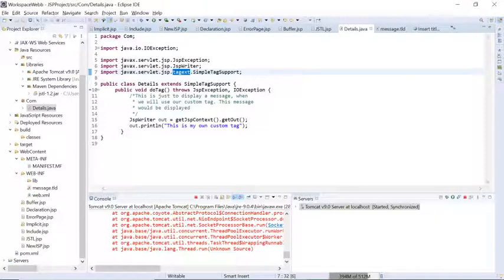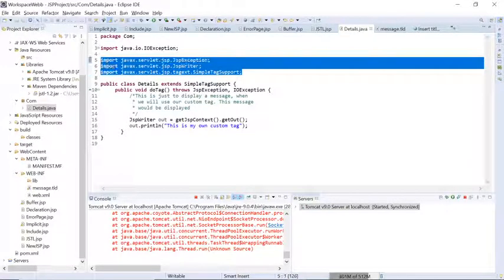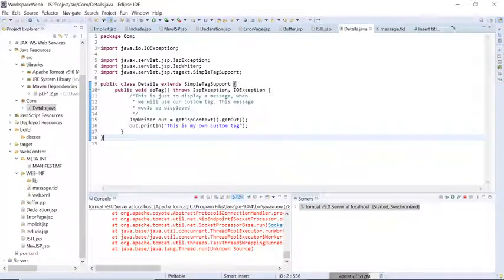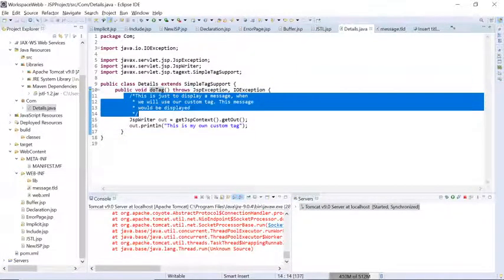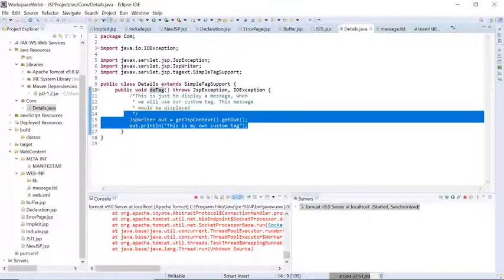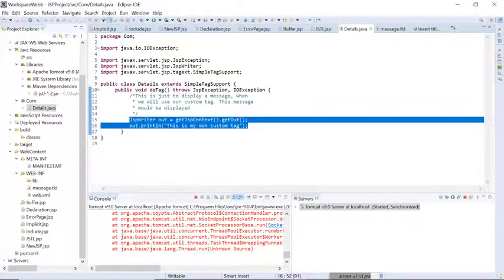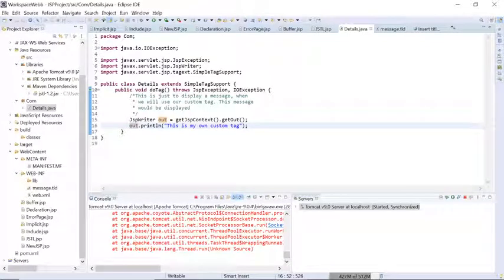The same tag extension library we are using, and we are creating one class. In this we are overriding one function, doTag. In doTag, whatever functionality and data we print will work as the output for this tag.